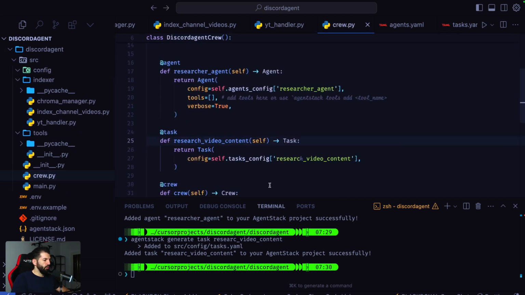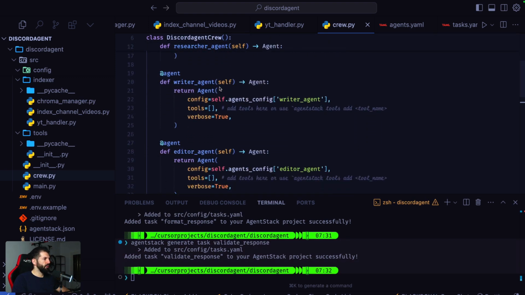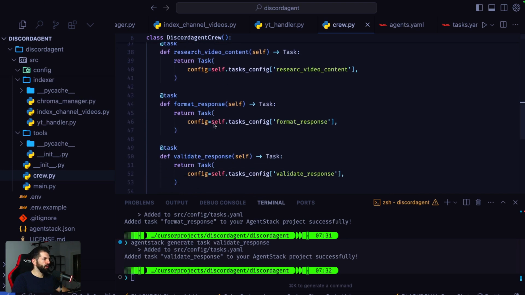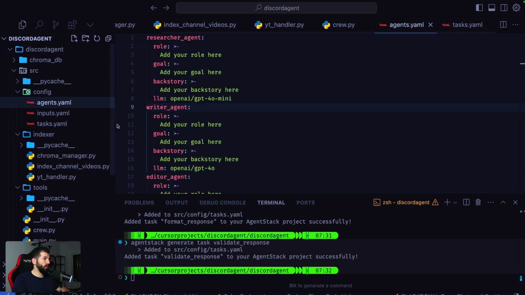And now you can basically do the same for the other agents. So we need the writer agent, and we need the editor agent, and we also need the tasks format response and validate response. So I will quickly do this off camera, and then we'll proceed with the next steps. I've created the other agents. As you can see, we have the writer agent, we have the editor agent, and the tasks, format response and validate response. Now, the only thing that we need to do now is edit the agents.yaml file